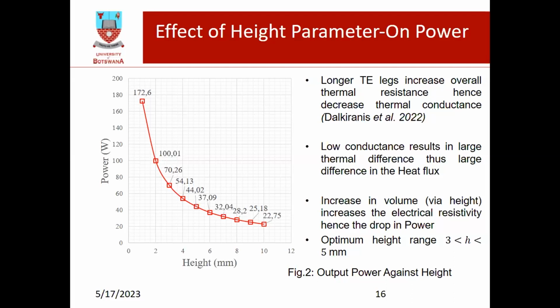I think that is very self-explanatory. From this graph, an optimum height range for the power production would be around 3 to 5 millimeters. And that is justified by the following graph for efficiencies,